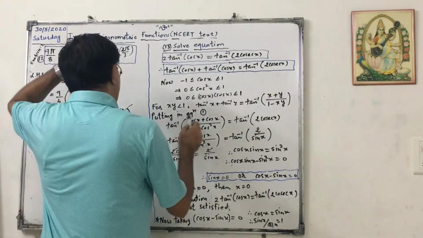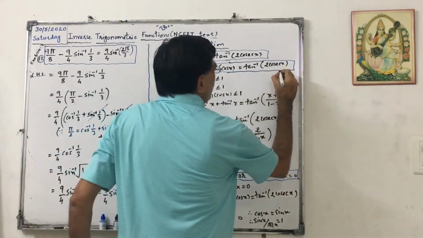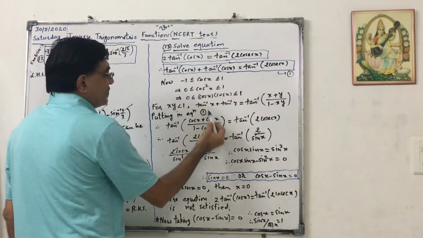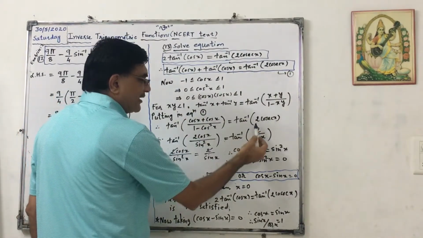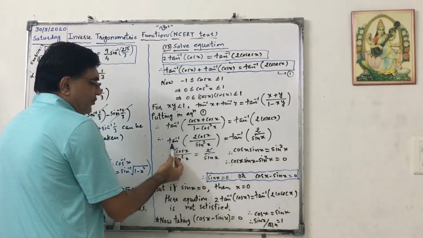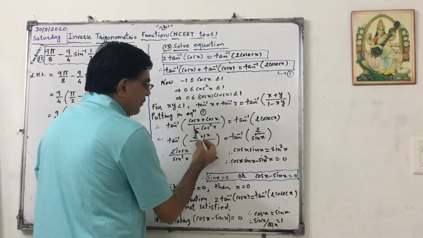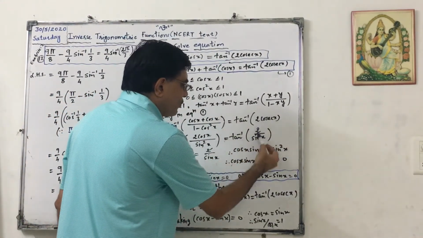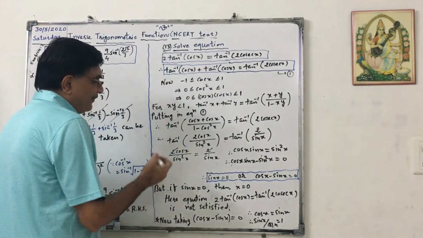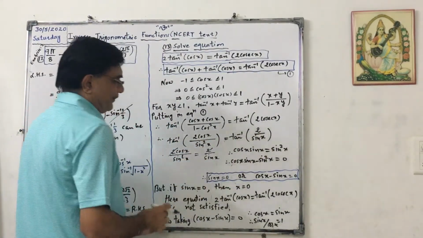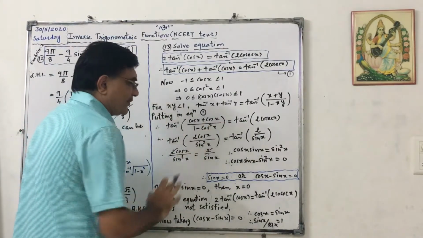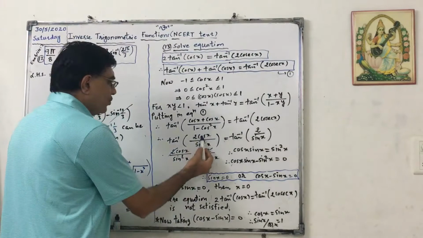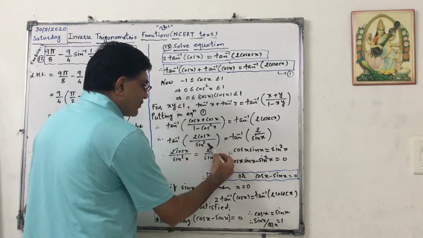So putting in equation 1, this is equation 1 for us. Okay. So it is tan inverse of (x plus y) upon (1 minus xy). Right hand side kept as it is. Therefore tan inverse of 2 cos x upon, now 1 minus cos square x can be written as sin square x, equals tan inverse of 2 upon sin x. Okay. Comparing these two, or taking tan both the sides, you can say tan in tan inverse will give us identity function. So 2 cos x upon sin square x equals 2 upon sin x.